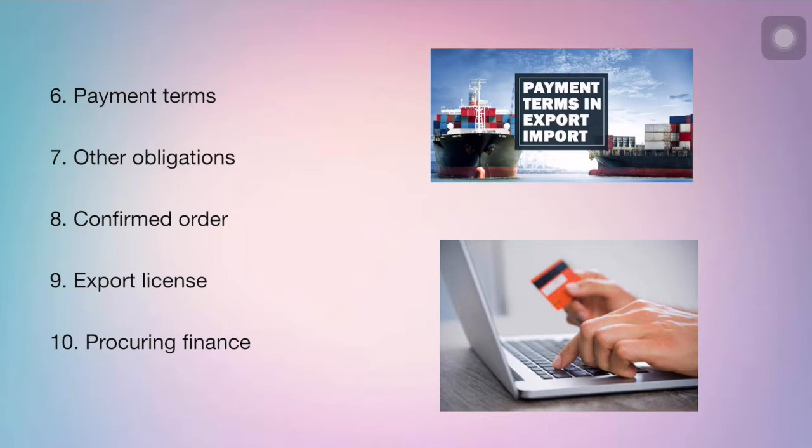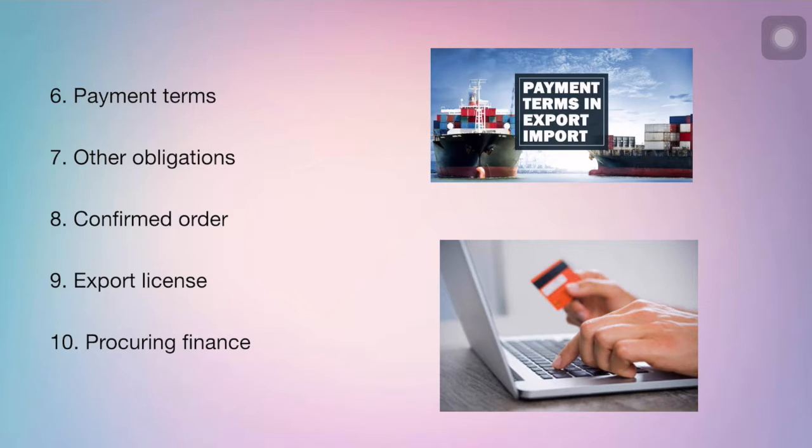Next, we have payment terms, right? Are you going to pay by cash, online immediate payment, or you would like to purchase on credit basis? Those must be agreed upon. Other obligations, such as whether the exporter is providing you post sales services, or other spare parts if they want to provide, such as warranty, guarantee, right? All these additional things, other obligations also need to be specified.